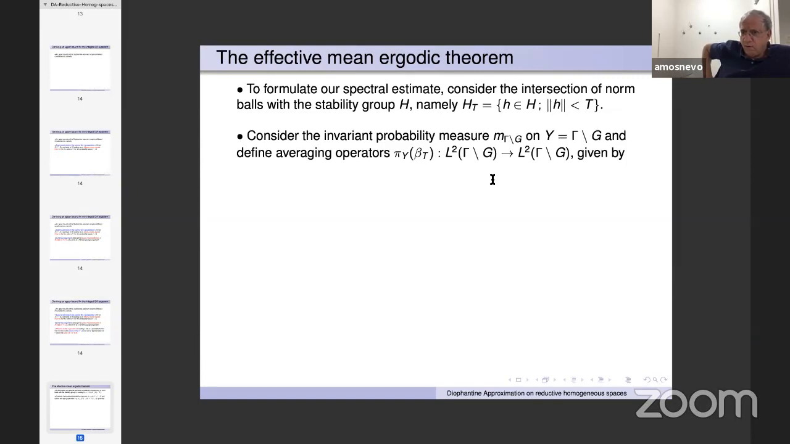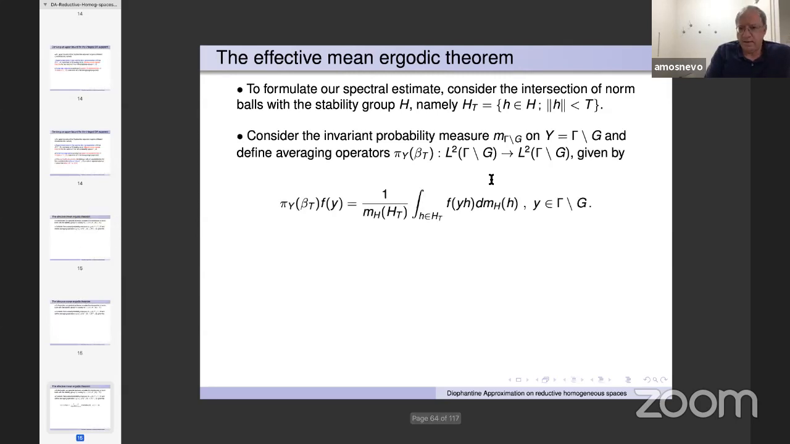So to formulate our spectral estimate, we consider the intersection of norm balls with a stability group once again. H_T is the set of elements in H with norm less than T. We consider the invariant probability measure on G mod gamma, and now we define averaging operators, pi_y beta_T. These are operators acting on L2(G mod gamma), and they have a very natural definition, a classical object in ergodic theory. If you have a function f in L2, then you consider the values f(yh), namely you translate your point by all the elements h in H_T, and you average the values of f,